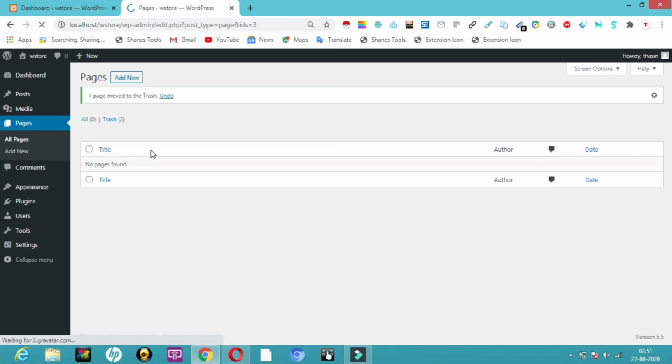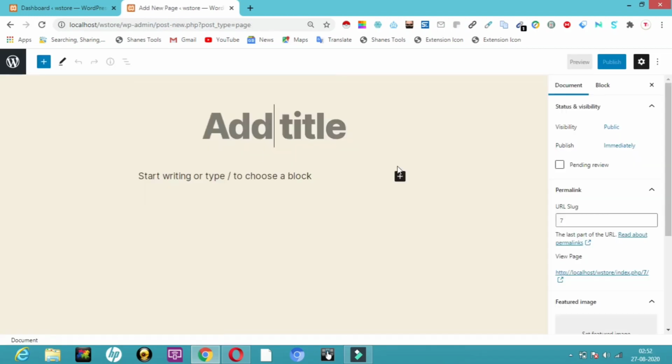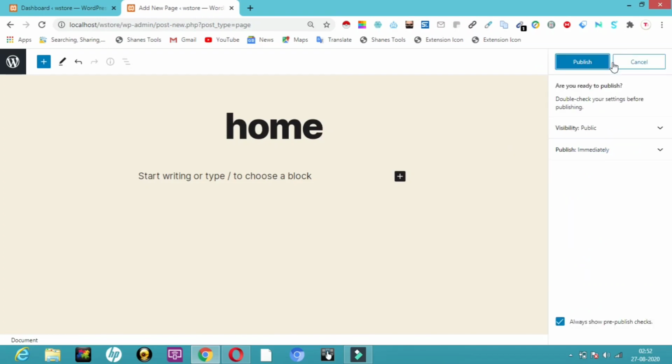Let's create new pages. No pages are found here. I'll click Add New here. You can click here also, and here also, at the same time. Just click Add New. If you click on Add New, this is how the page will open. What I'm going to do is add Home. I will tell you how to work with all this. I'll first publish this. Every time you write something here and want it to be updated, all you have to click is Publish. So click Publish again.